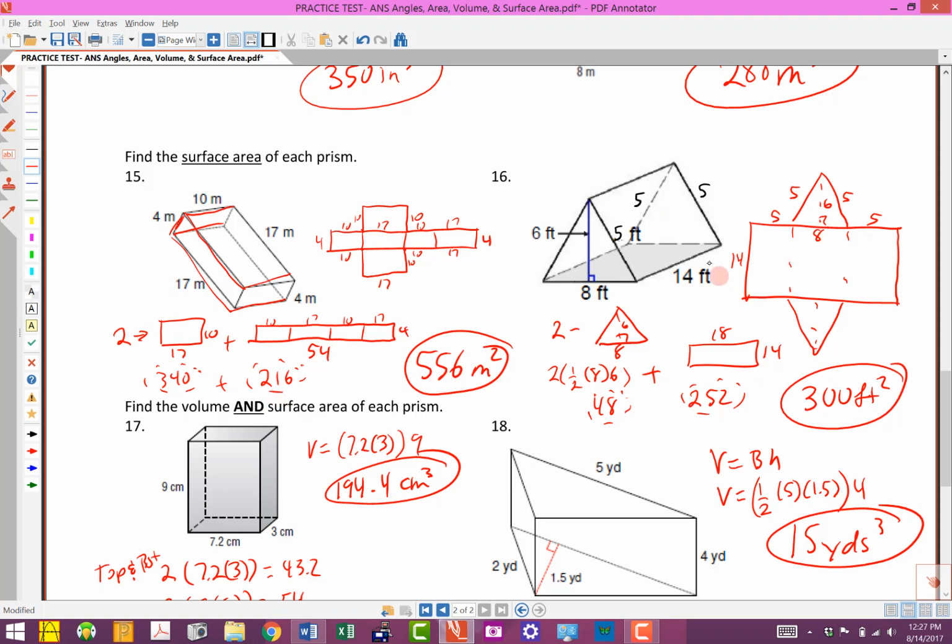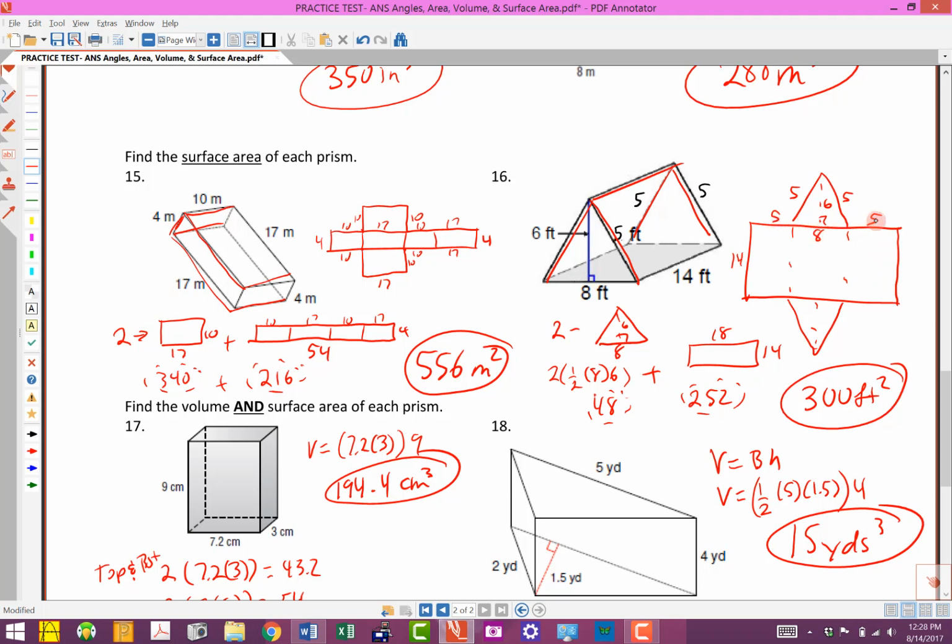And then same type of thing here. I drew a net for this. Cut it along here, here, and then here. So kind of flip the back down, that triangular back, flip that triangular front down, and then just split the sides of the tent open. Looks like this. We have a big rectangle for the sides, which are going to be 14 tall, and then